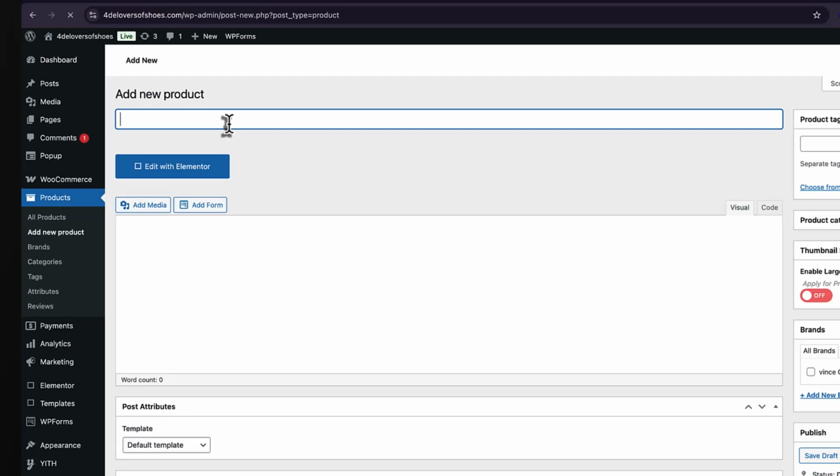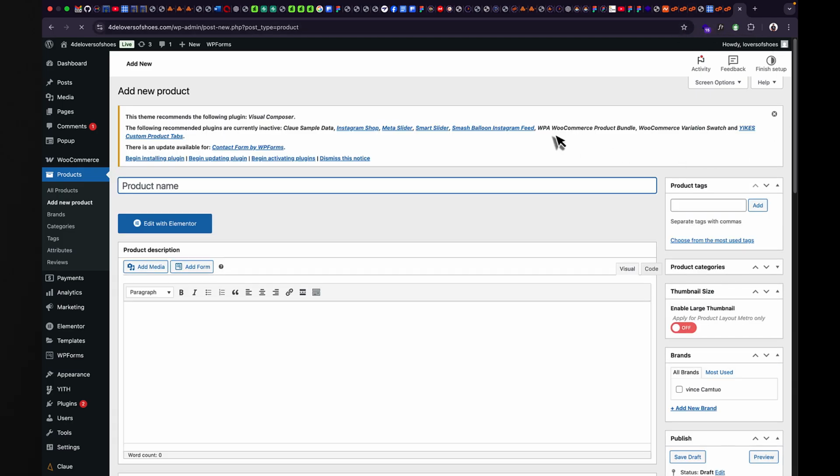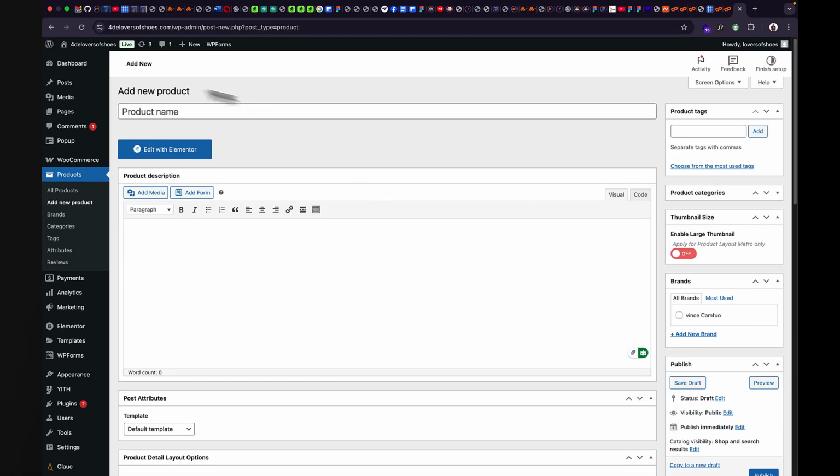When you click on Add New Product, you are going to see something like this, and a WooCommerce product is managed with easily configurable details, right? So the first thing you see is the product name. The product name is what the user should see as the name of the product, right? What's this product called? Sometimes you should give it descriptions, like